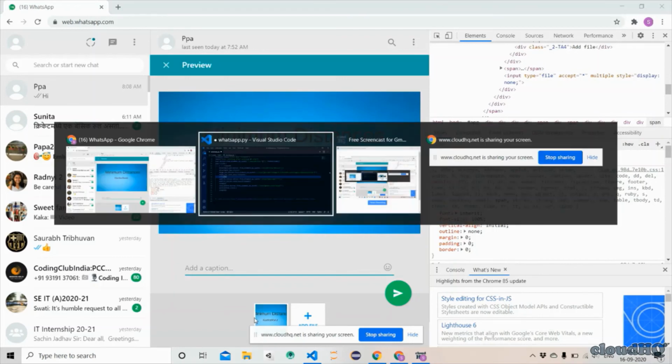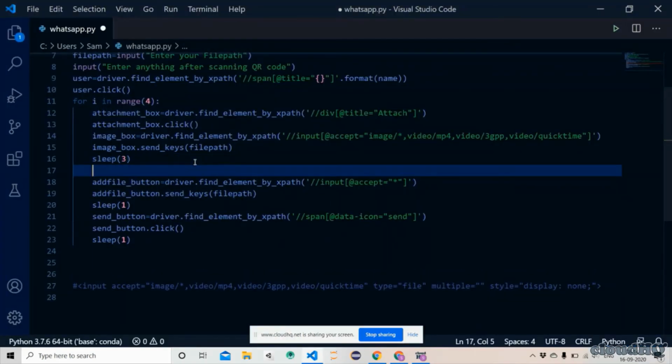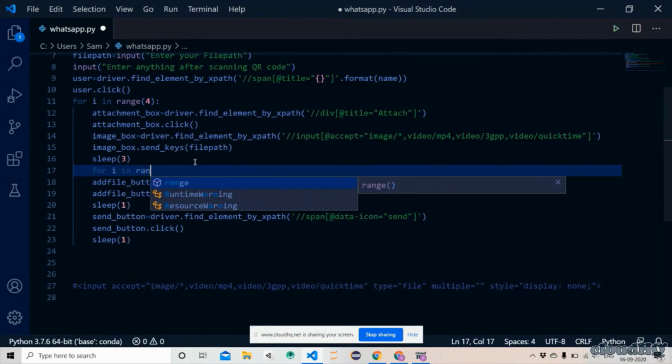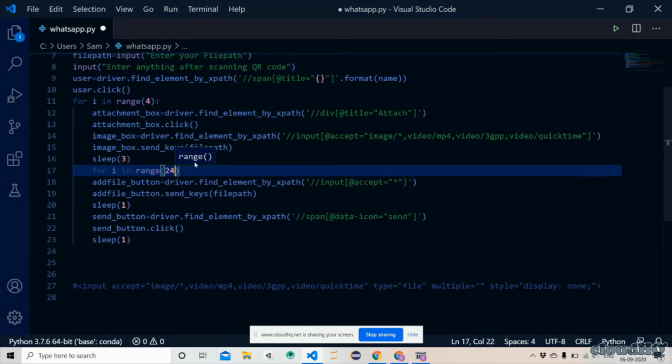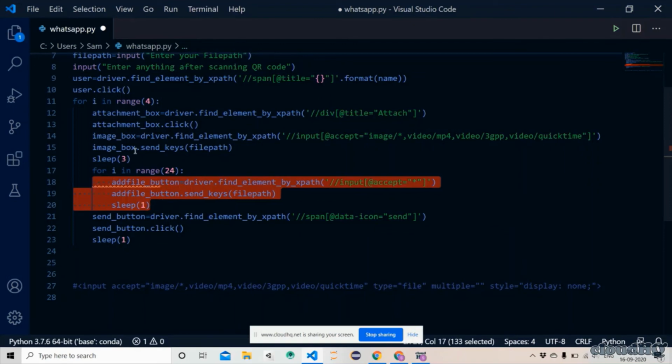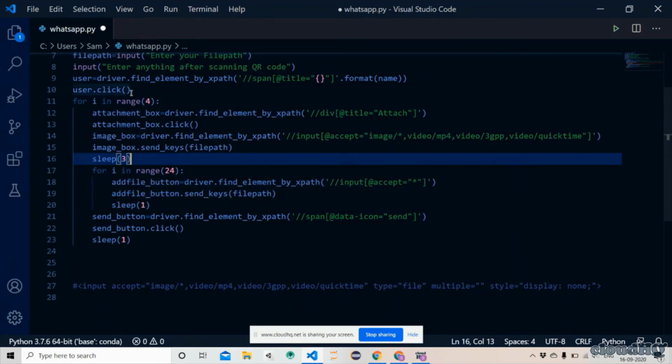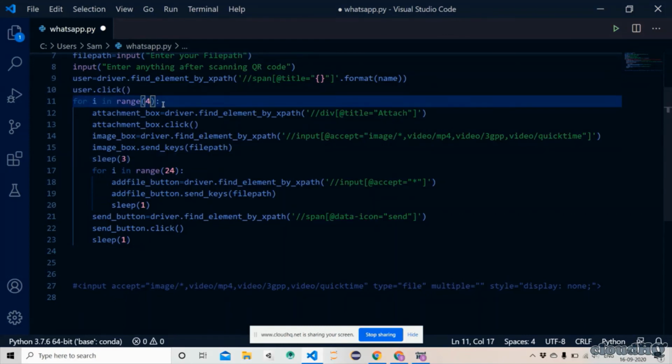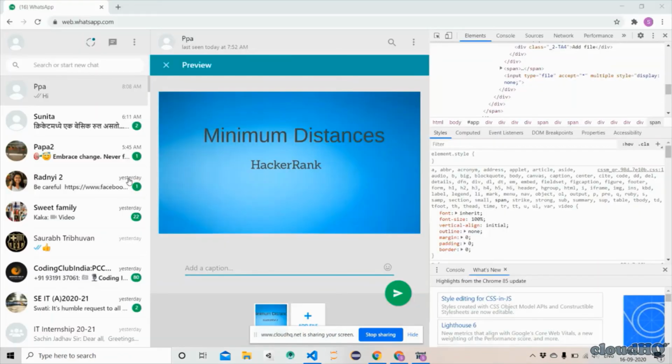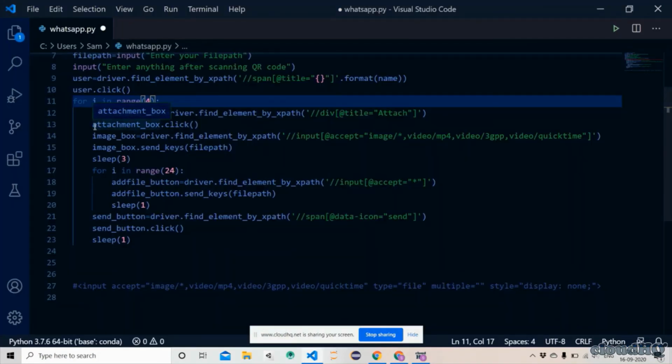And so I would just use a for loop here, and this whole process would iterate 4 times, and in one slot I'm sending 25 images. Okay, so let's see whether it is working or not.